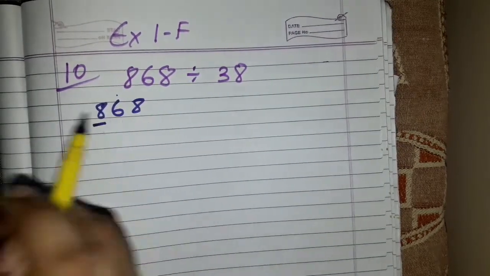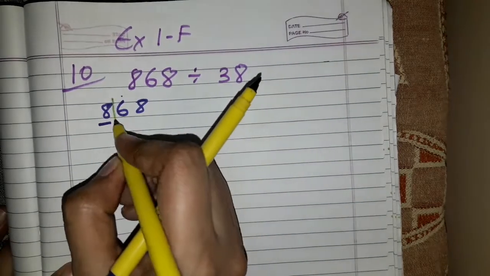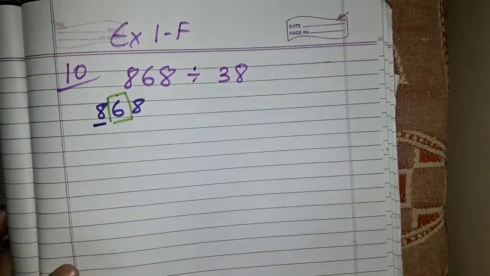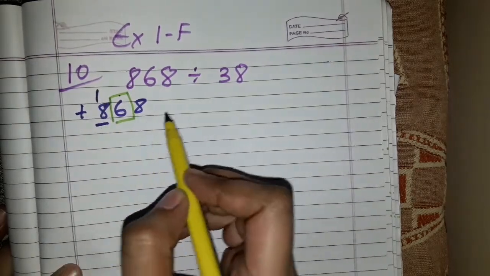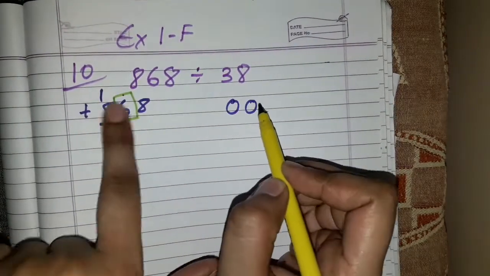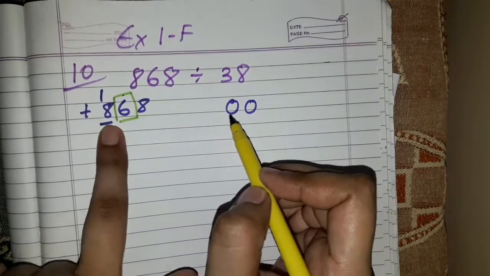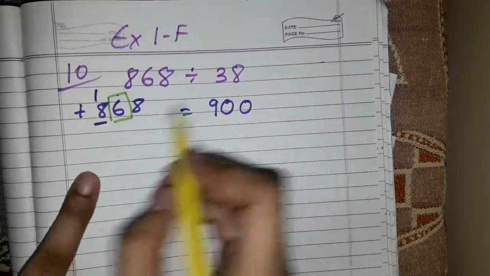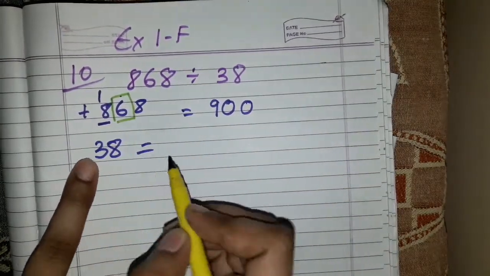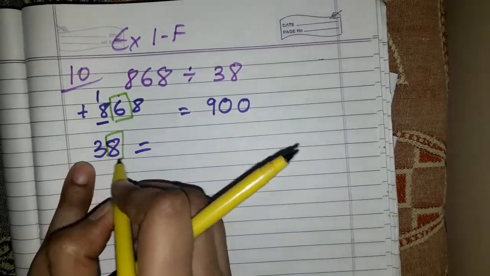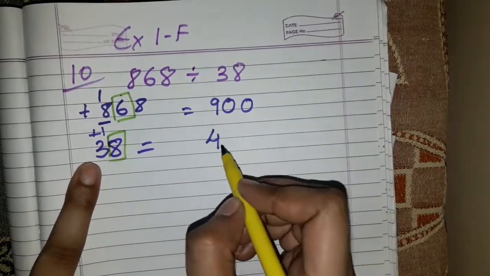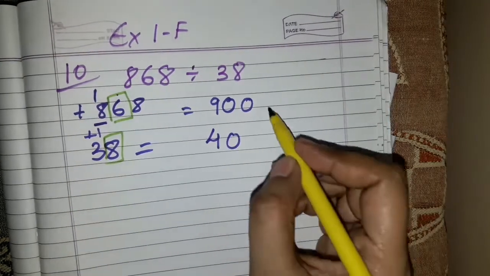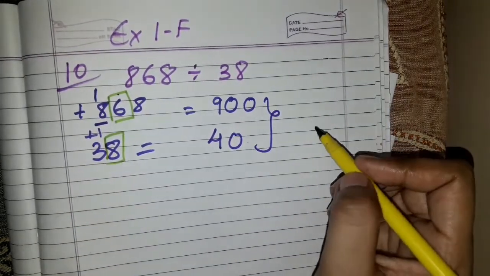Okay, this place value. So I am going to look at the digit on the right hand side, the 6. Now this is what? More than 5. So it will give plus 1 here and itself will become 0. This will become 0, this will become 0 and 8 plus 1 will give you 9. Now 38. Okay, now the right hand side digit is 8. It will give plus 1 here to the digit on the place value. This will become 4 and 8 will become 0. So these are the two new numbers obtained.